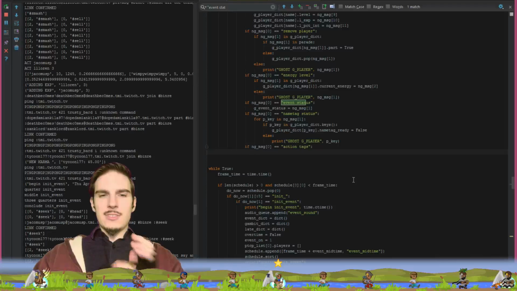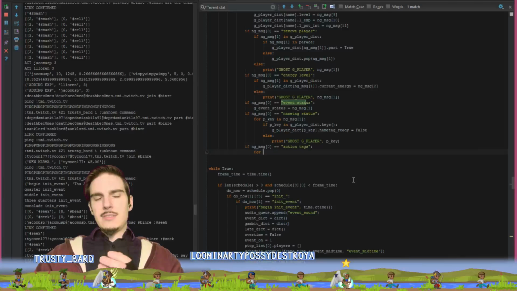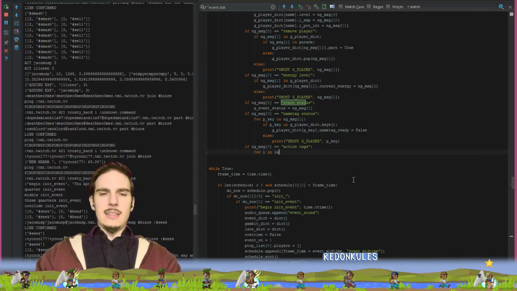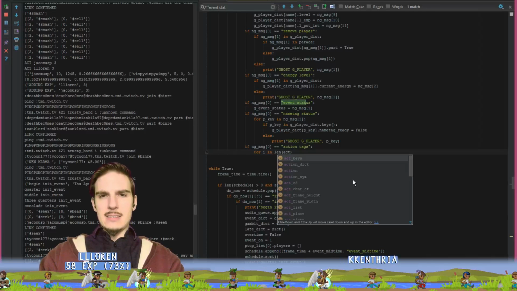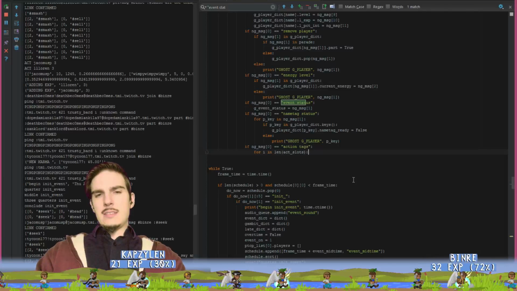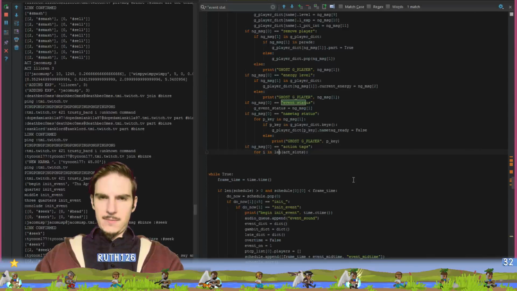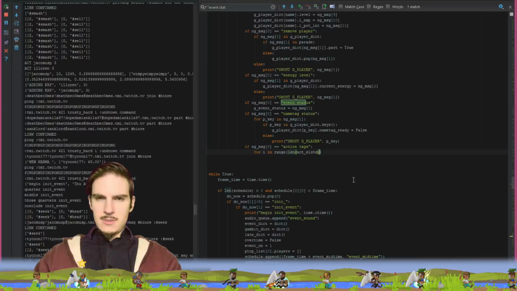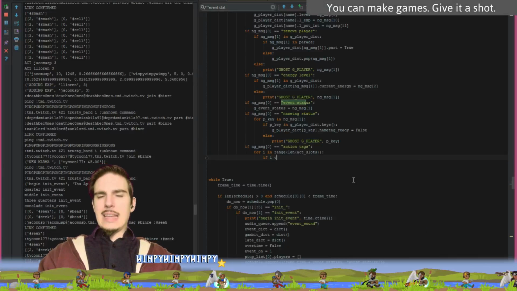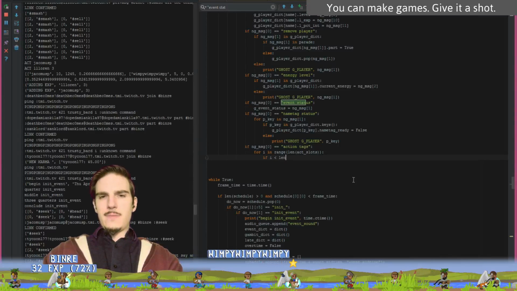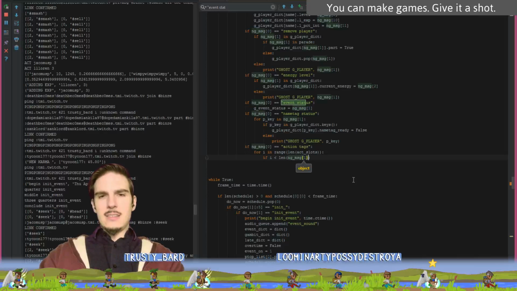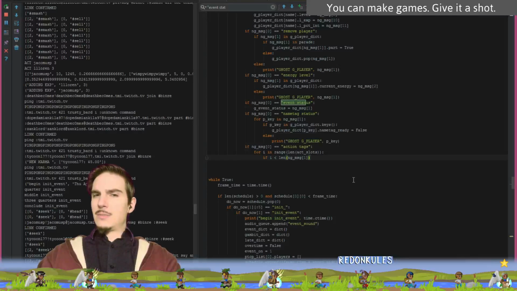I'll just say, so for I in the range of the length of act slots, we'll say if I is less than the length of ng message, so the list that we pass through of action tags, which is ng message 1, if I is less than that, we'll say